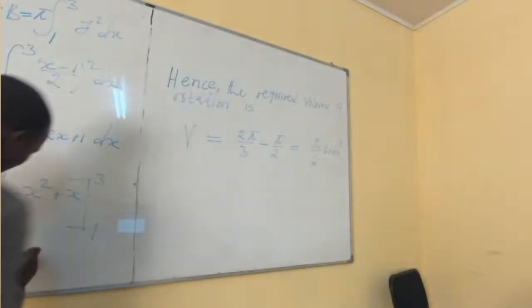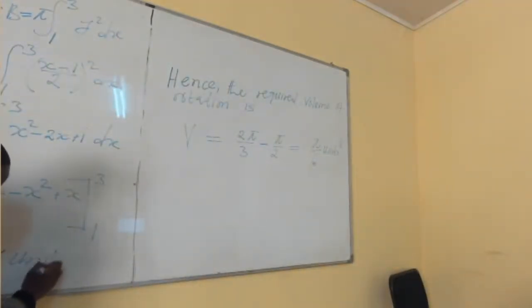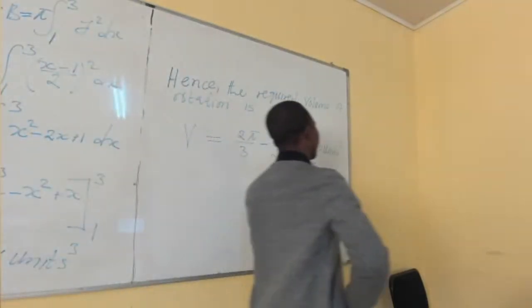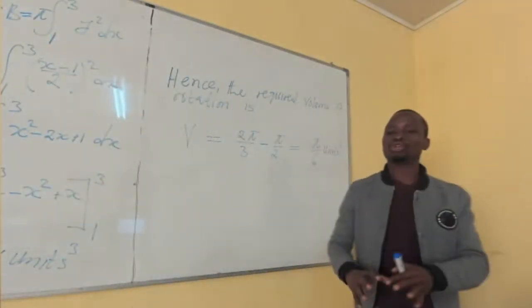Okay, here we're supposed to have units cubed. All right, so this means you have calculated your volume of revolution of that region which is bounded by